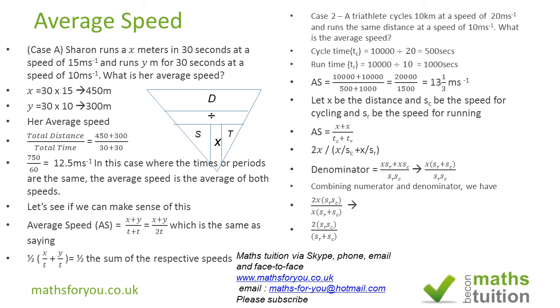Now let's see if this is right. 2 times 20 times 10 is 400. And 20 plus 10 is 30. Now 400 divided by 30 should give us 13 and a third meters per second. Please note this only applies when the distances are the same, compared to the previous case, where the times are the same. Those are two different things altogether. I hope all that made sense, and please